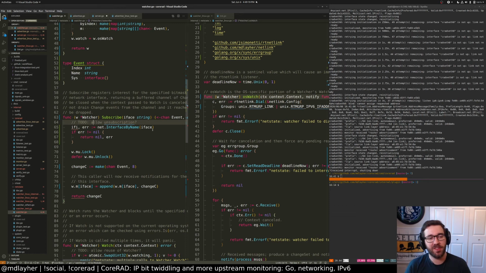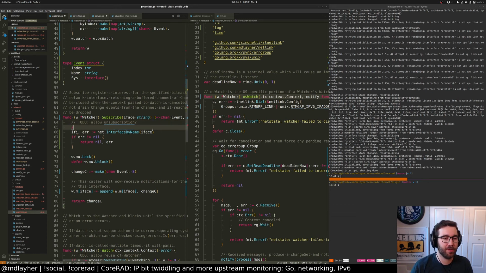Probably doesn't matter. We can leave it as an optimization. To do: allow subscribing by index. And then in that case, we could use this directly. But anyway, with that all done now, we will register it with the index.